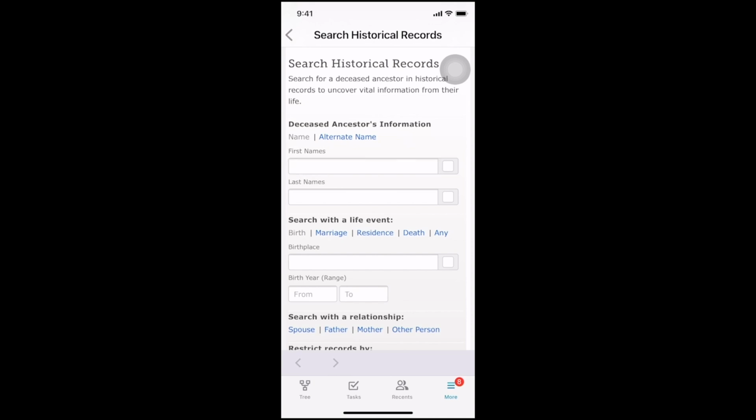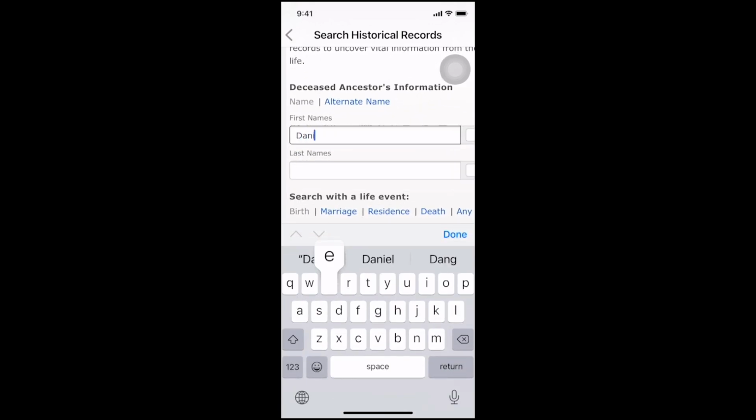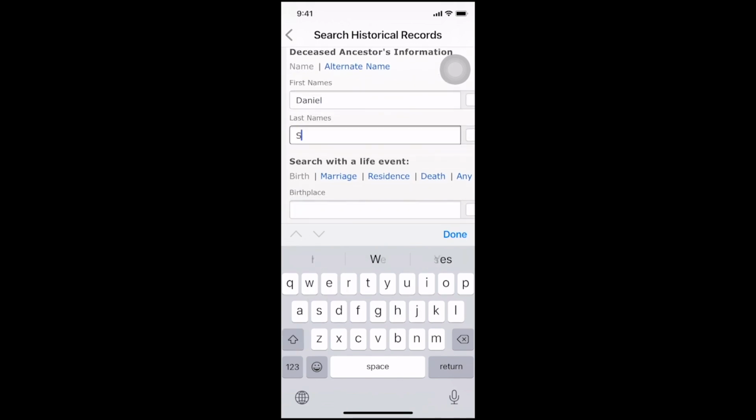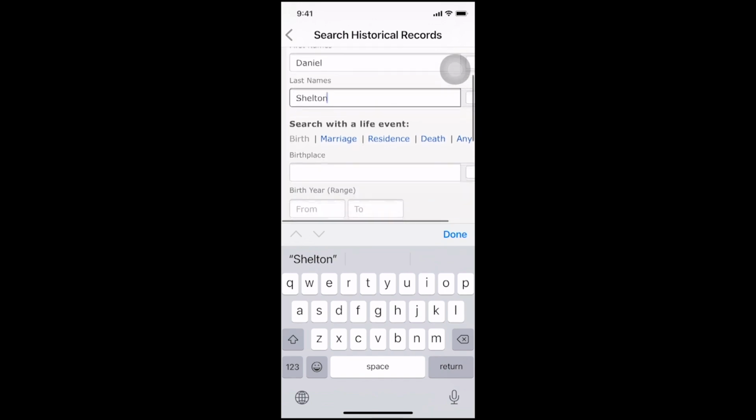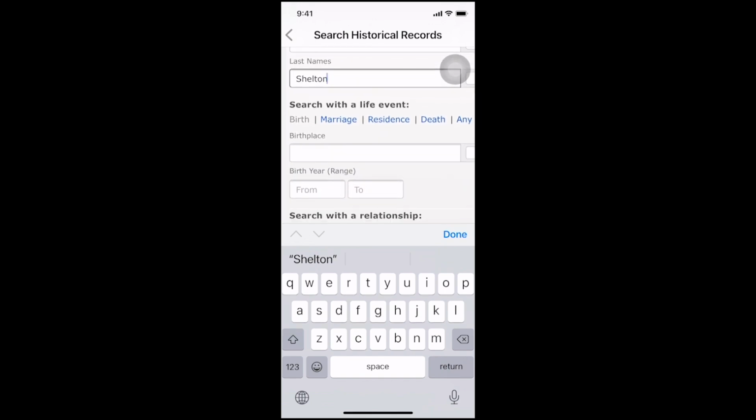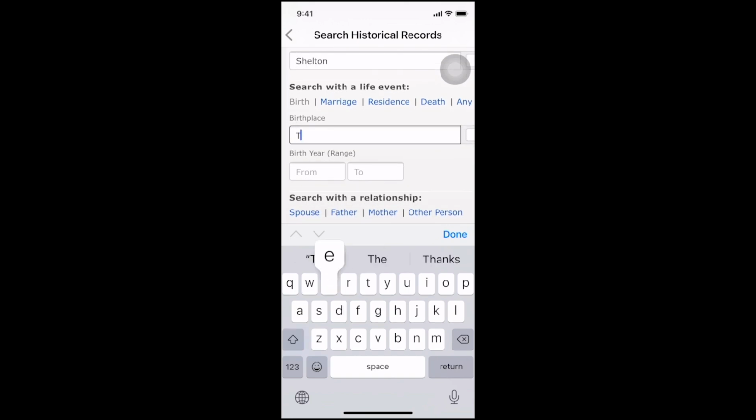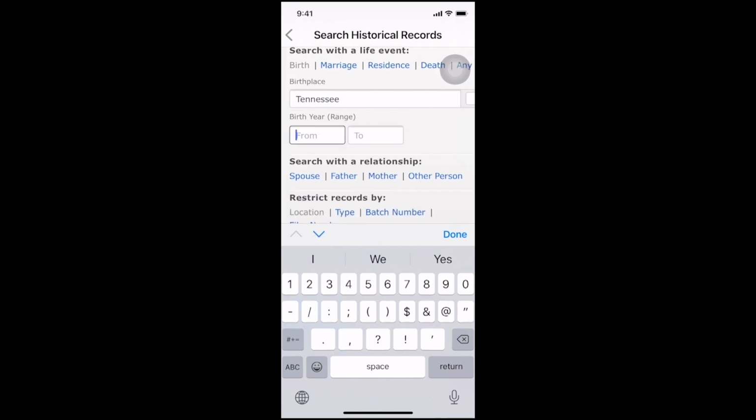So the person I'm going to enter in, first name is Daniel, last name is Shelton, and what you want to do is enter some context to this person instead of just first and last name. So you have a place and a date that are the most common things to do for context. And I'm going to enter a birthplace, which is Tennessee, and a birth range about 1840